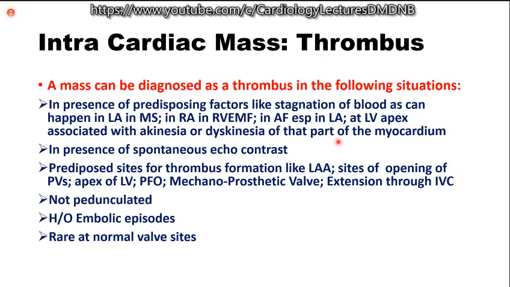There are a few specific features and a few sites where thrombus is very uncommon: the LV and RV outflow region. Thrombus cannot form there because the blood is always flowing through that region at a much greater velocity compared to other areas, and the chance of thrombus formation is extremely low if the patient does not have any stagnation of blood in any one of the cardiac chambers. So in a patient with atrial fibrillation, both the atria can have stagnation of blood and can result in thrombus formation.